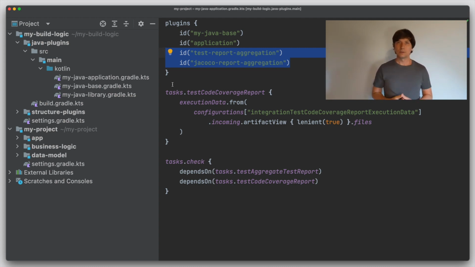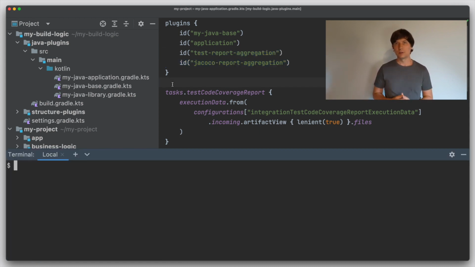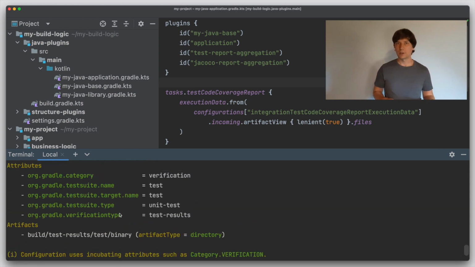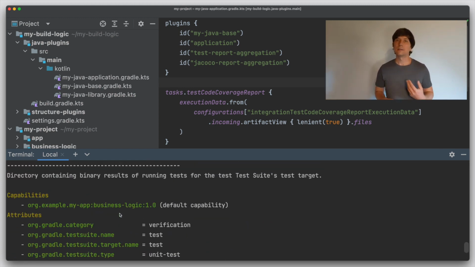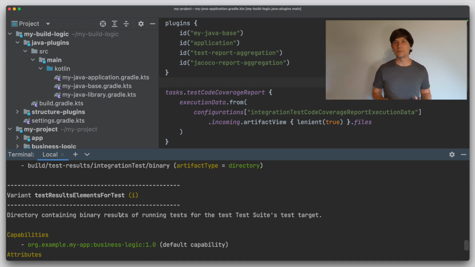If you get into a situation where you want to do such customizations, there's another help task I would like to show you that can help you. This task is called outgoing variants and can be found in the help task group. If you execute this task on a project, for example, the business logic project, you can see all the outgoing variants of this project. An outgoing variant is technically the same as a consumable configuration.